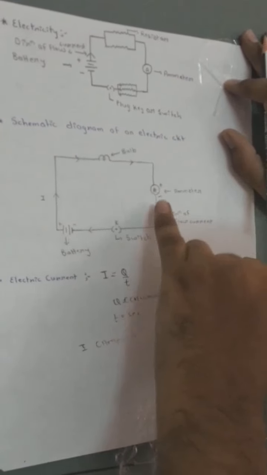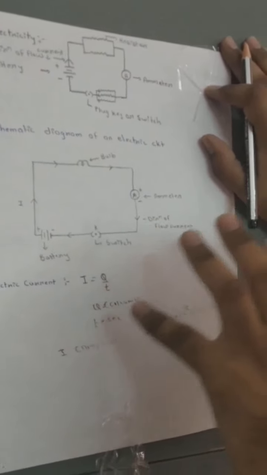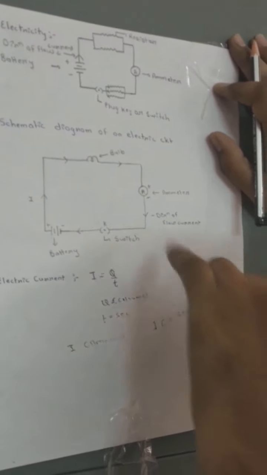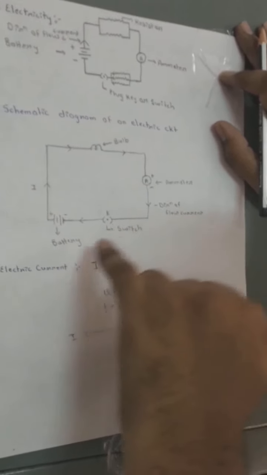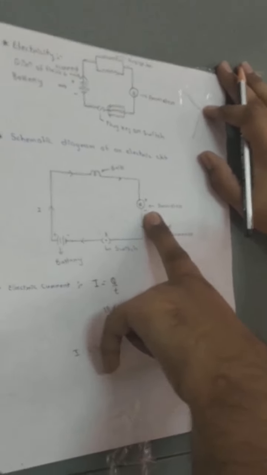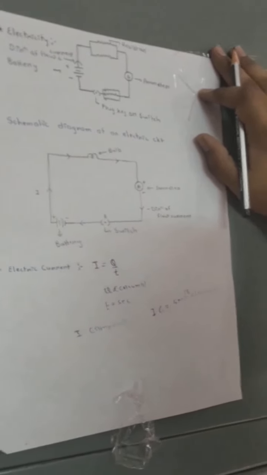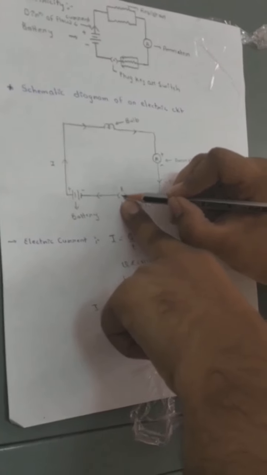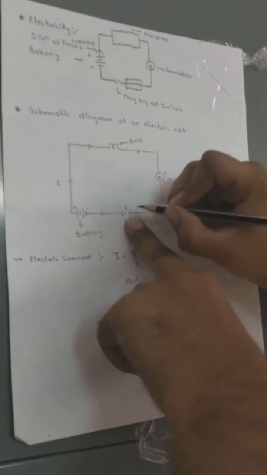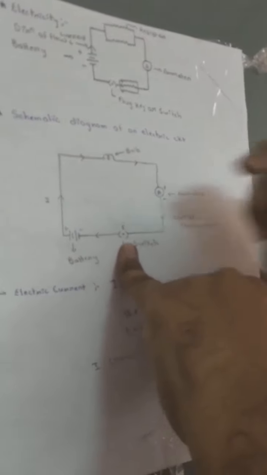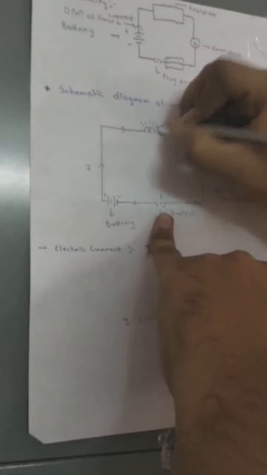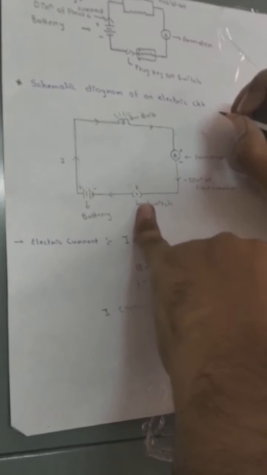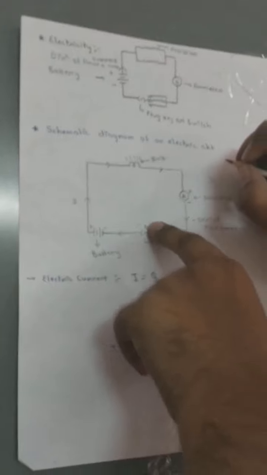This is the bulb. This is the ammeter. We will discuss what an ammeter is in a later part. This is the switch. Now, an ammeter is an instrument which measures the current, and this is a switch in the on condition. That dot represents the on condition. If I remove this dot, it will show the off condition. Now it is in the on condition. That means the bulb will glow, and if it is in the off condition, this will disconnect the circuit, so the current will not flow and the bulb will not glow.